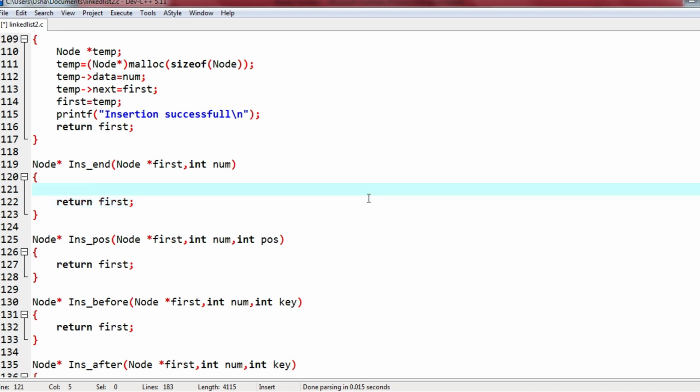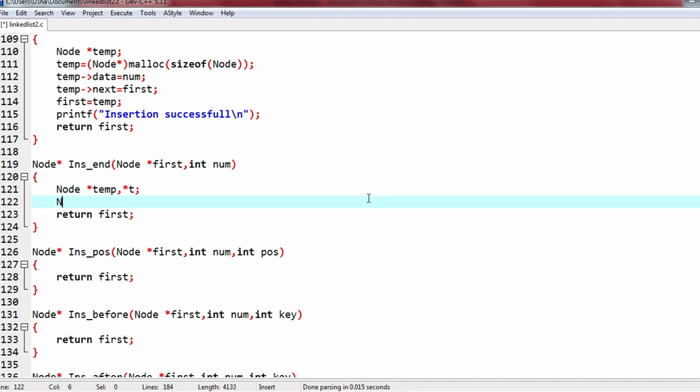For inserting at the end, first I'll write node star temp. This is to create a node and store the address. This star t, you can use any names. Star t I am using for moving from first to the last. So first we will create the memory. Temp is equal to,